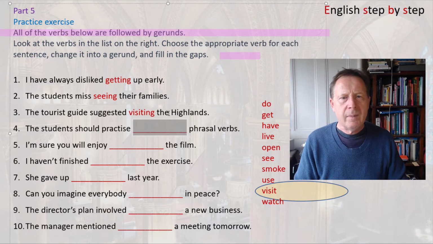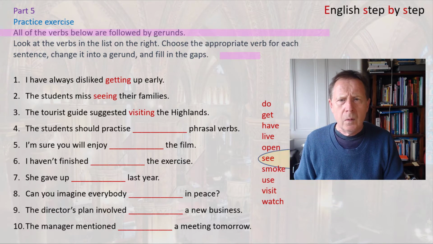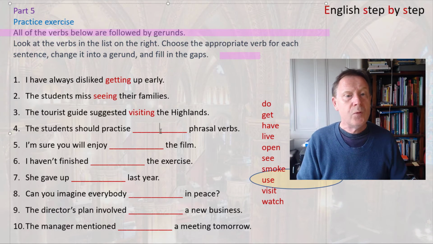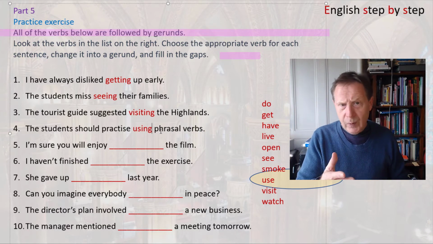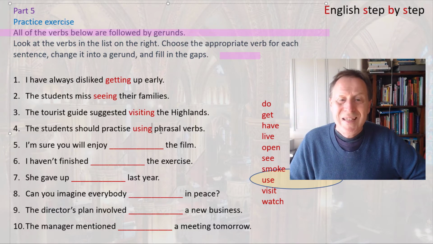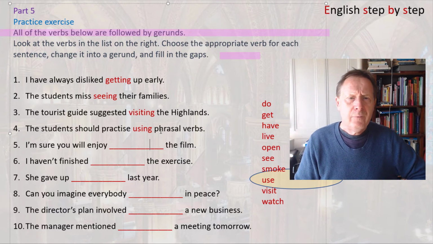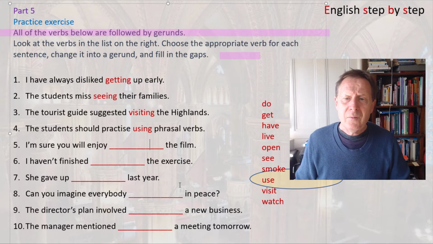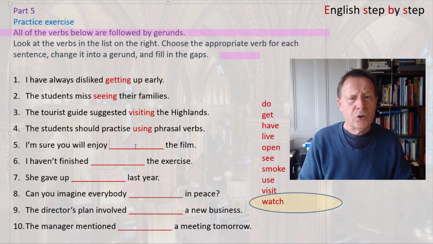Now the next one is about students and phrasal verbs. So we need to find the verb use. So the students should practice, and then we have using. And we can see in this example the spelling changes because we drop the E in use. So the next one is about a film, and we have the verb enjoy. So the best verb is watch. I'm sure you would enjoy